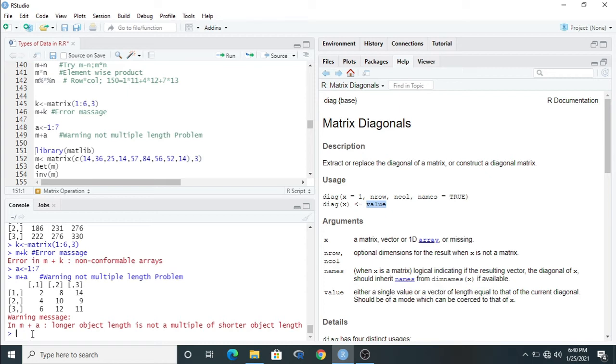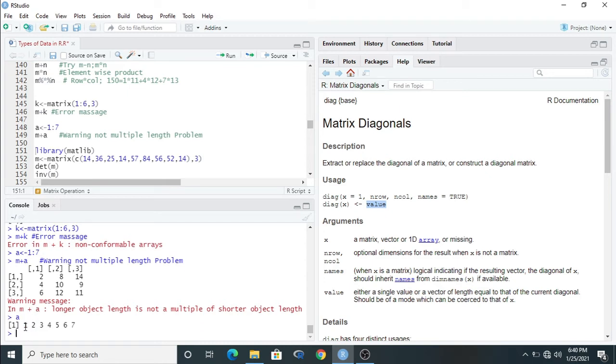Suppose see the value of a is 1 2 3 4. So from here to here is added with the first column, then here to here added with the second column, then again for the third column the first one is added, then it moves from here to here. Okay, in this way. So this is a vector, there will be no problem. But in case of matrix, we have to select the same length of matrix for the addition, subtraction, multiplication or division. Clear?